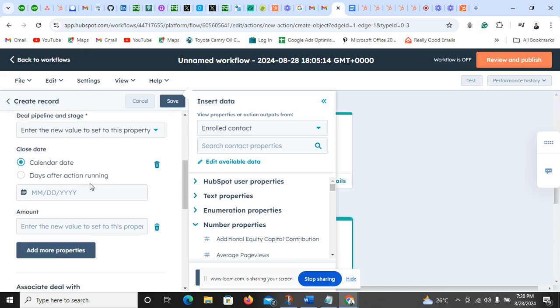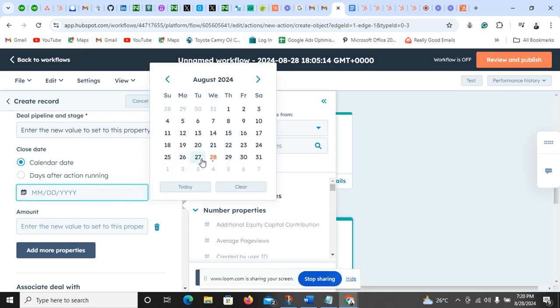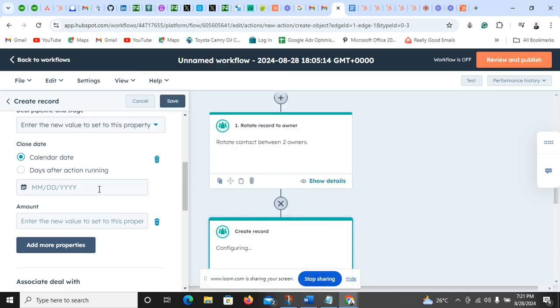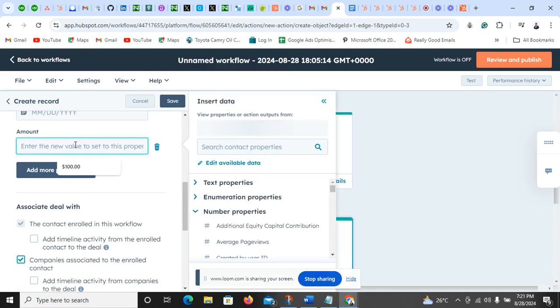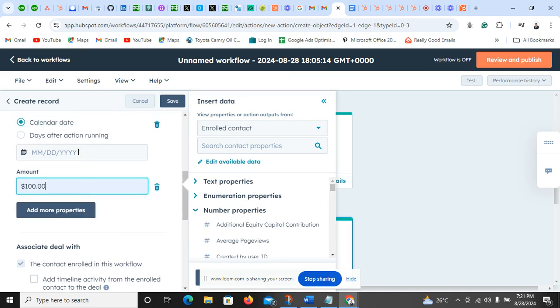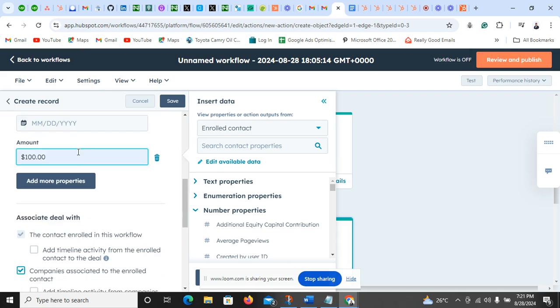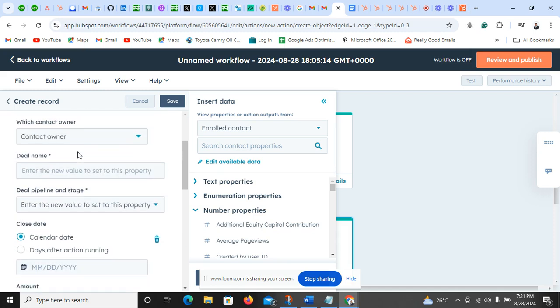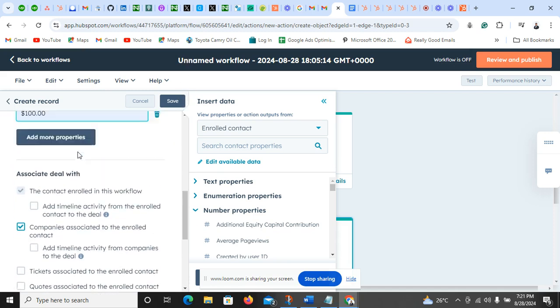So then the calendar date, I can choose a calendar date, which is I can choose today or maybe a specific date, and then the deal amount. This was what you asked for. I will set it at $100, and then another thing we would like to do is